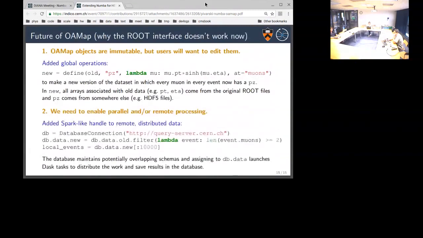And there I'm looking at Dask, but I have to make these objects so that you can have a remote handle on them. Like a Spark RDD, you need to be able to have a variable on the user's prompt that refers to the data set, so that you can say dot filter and produce a cut version of the data set and have that go out and come back.